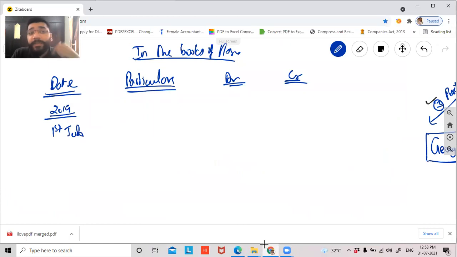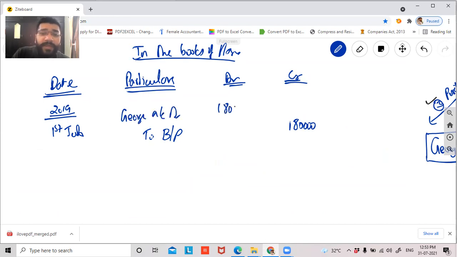Acceptance means acceptance to make the payment in future. So to bills payable, 1,80,000 rupees. And this 180, guys, as on 1st of July, we have to recover this money from whom? Georgie. So Georgie account debit. We are helping Georgie. So Georgie has to pay this 180 to Harry on due date, and Harry will make this payment to the banker on due date. So as of now, this is the sequence. Okay. Now what happens?